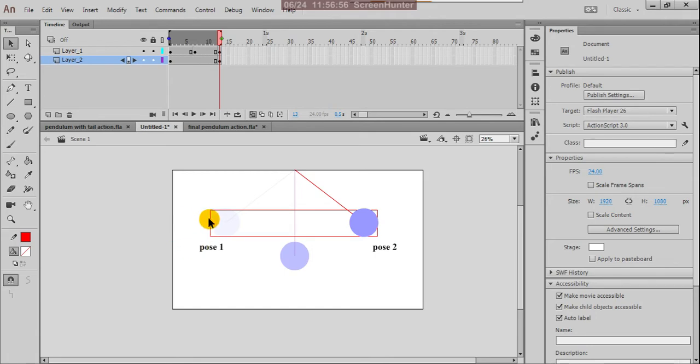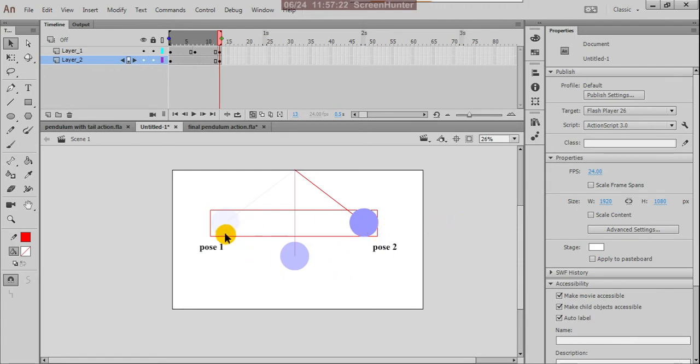Actually the pendulum always moves in a particular curve. It takes a curve, starts there and is attached to that side, and from there to here it is continuously swinging left to right, right to left, but it cannot swing in a perfect horizontal way.